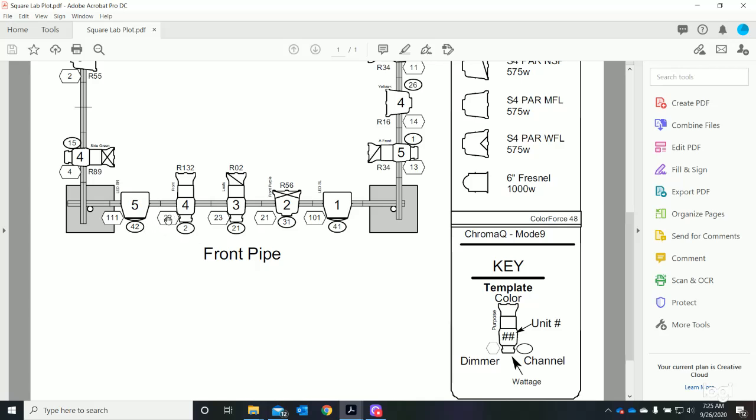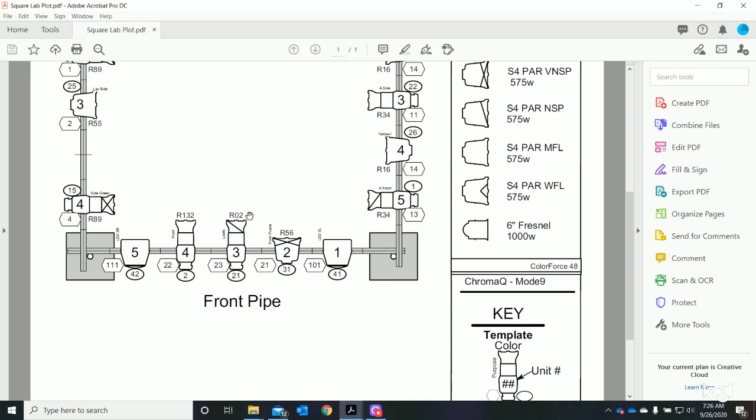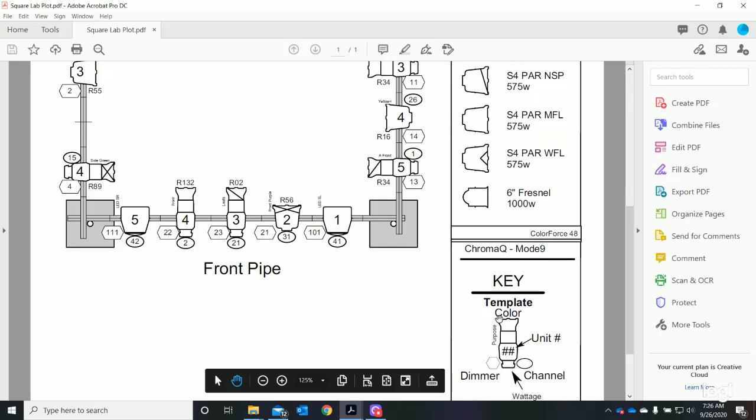It's its dimmer number. As we move towards the front of the fixture, you'll see that there is a text field for color. The color is put in front of the lens, or sometimes off to the side of it, right? It usually has a prefix. It's pretty easy to discern what it is. I don't believe that this plot has any gobos, but if there were any, they would be above the color, and they would be in this bold format so that you can